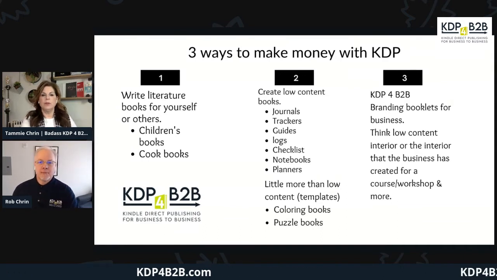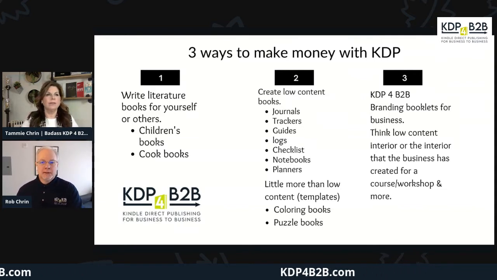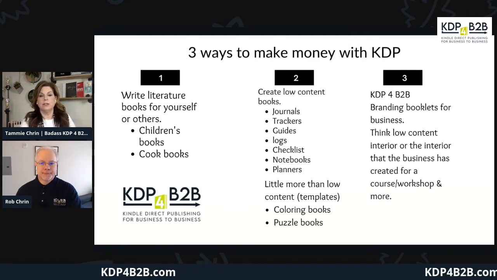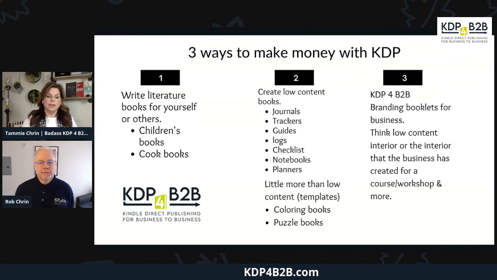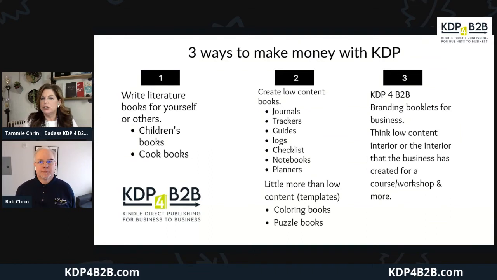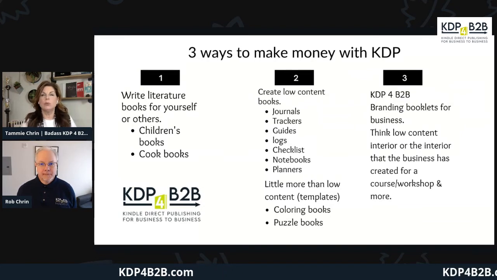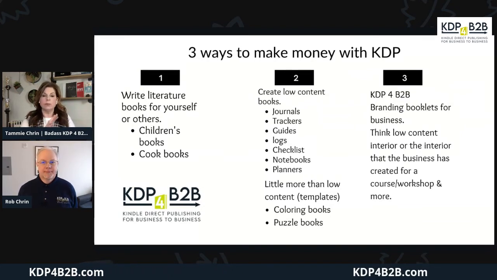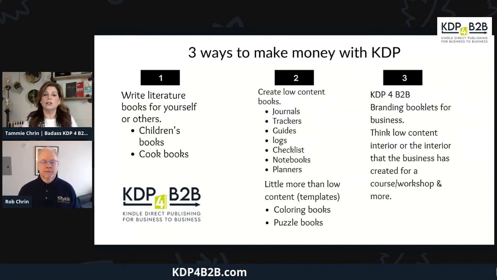Correct. And like we said before with the literature books, if you have an audience already, say you are a fitness trainer and you have this huge audience and you just want to create a tracker, well, that's going to drive traffic to that booklet as well. But on the big platform, the traffic is driven by uniqueness, maybe the niche. You have a really unique niche for this booklet. The cover is very different, or the interior is something that's going to really stand out. And so like we were saying, this is a very great business model, it just has a lot of competition.